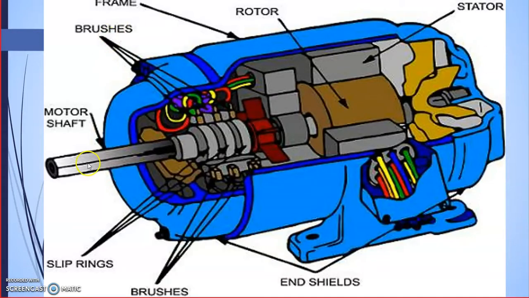So you can see this is the cross section of one machine. In any rotating machine, we are basically studying the insulating materials in the rotating machines. In rotating machines, movements are there. So insulating materials have to bear a lot of wear and tear, meaning frictional losses are more, so the material should be mechanically very strong. Also heat generated is more, so the temperature rise limit of the insulating material should be very large.